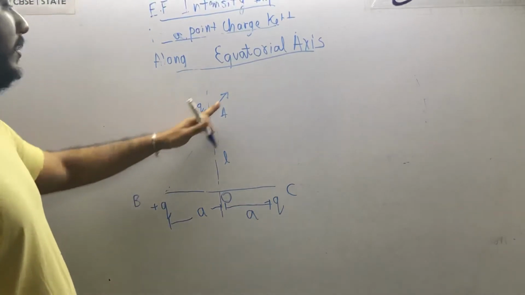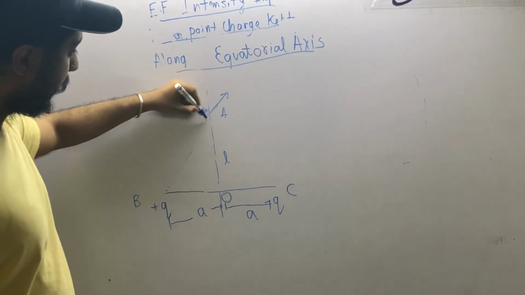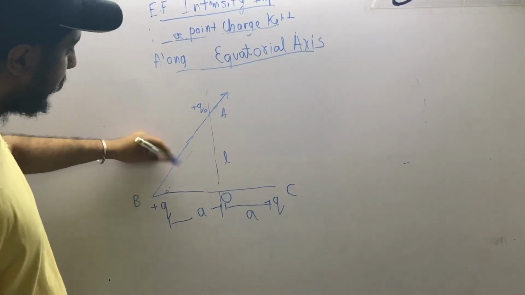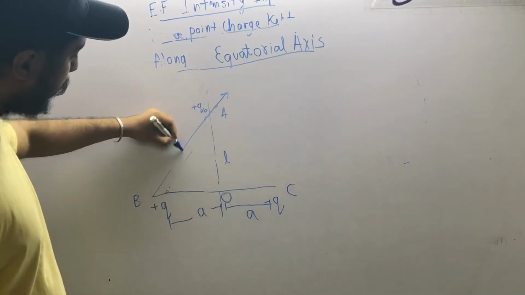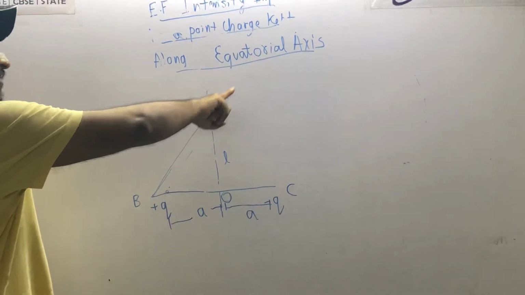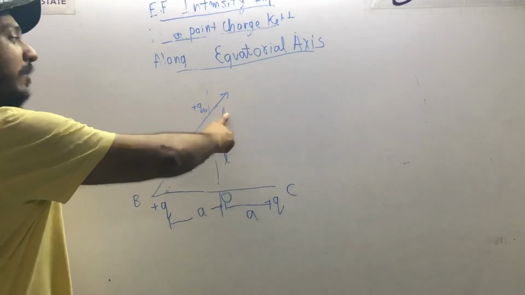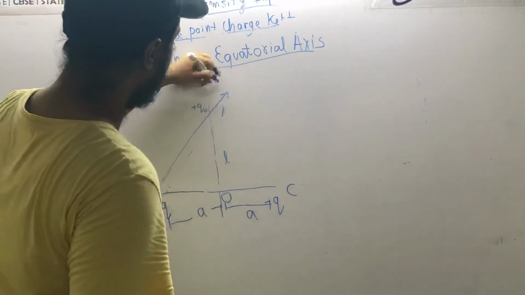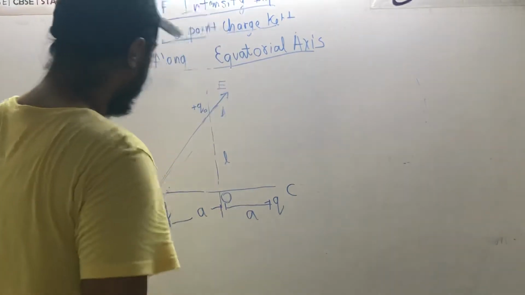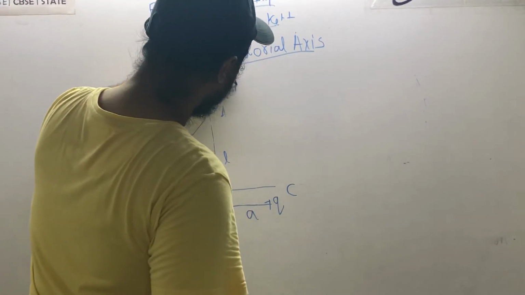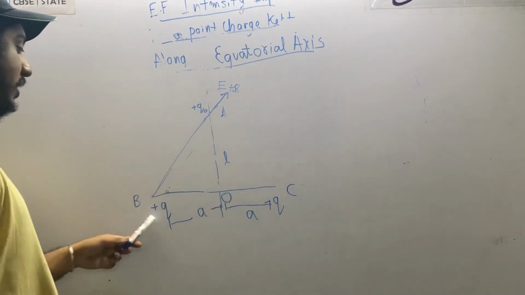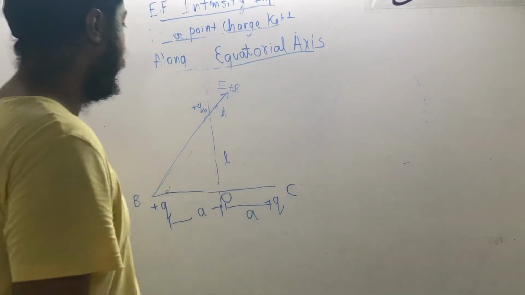Now why did I make it like this? Because I told you the electric field lines or forces always act along the line joining the two charges. It is this line. So the force due to this electric field will act along this line. This will be known as EAB. EAB is the electric field acting on Q naught, which is kept at point A, due to the charge kept at point B.